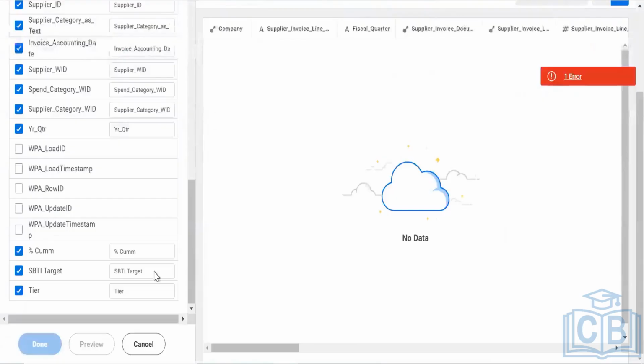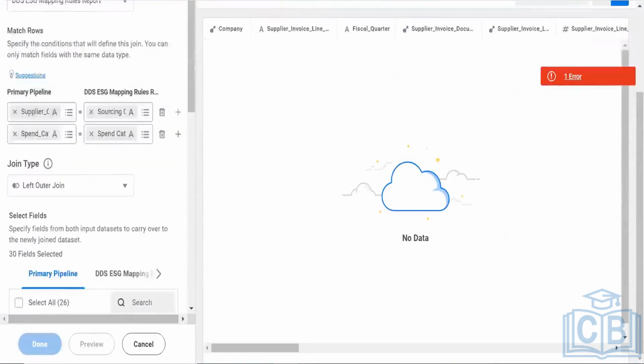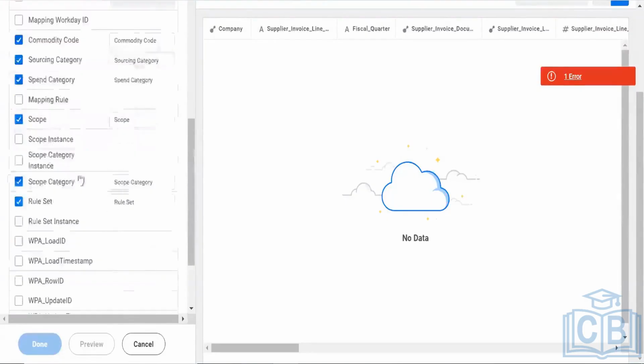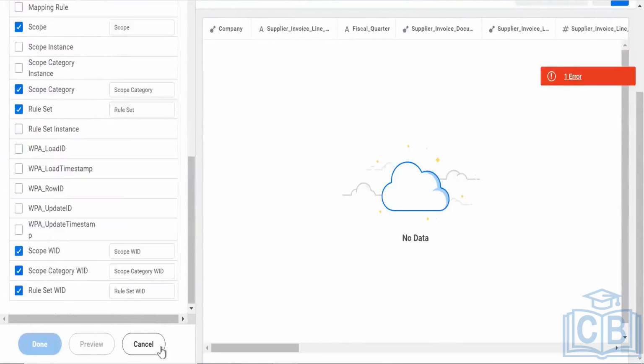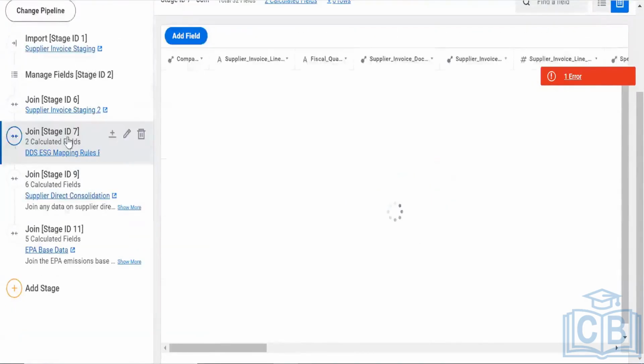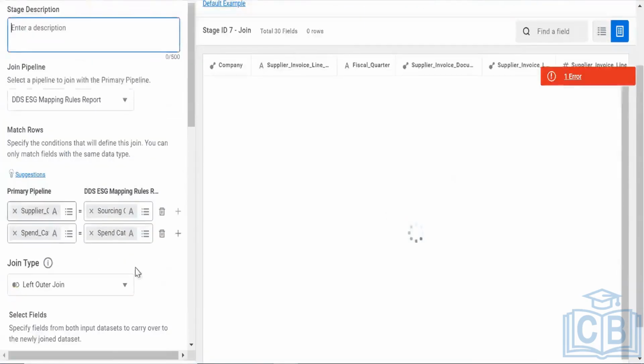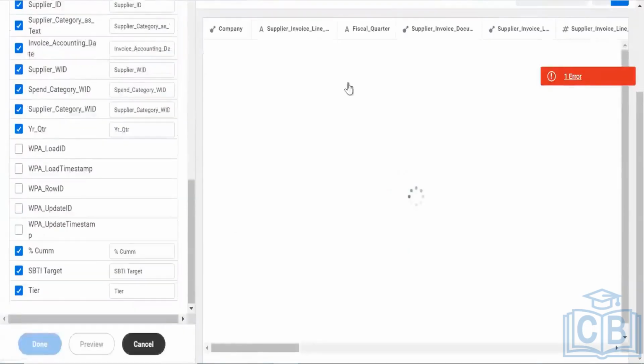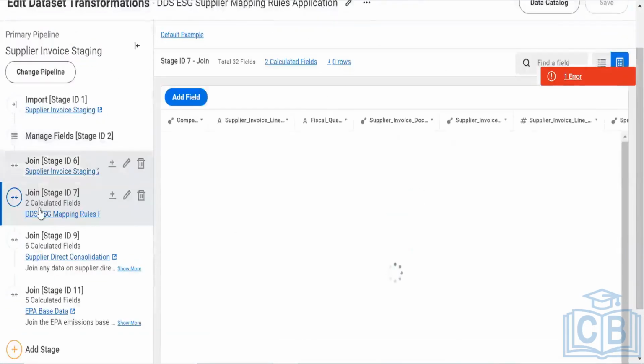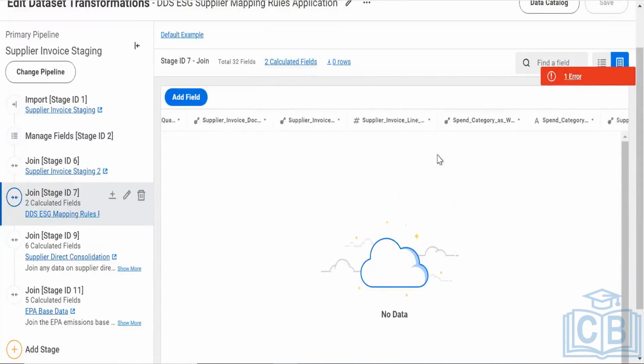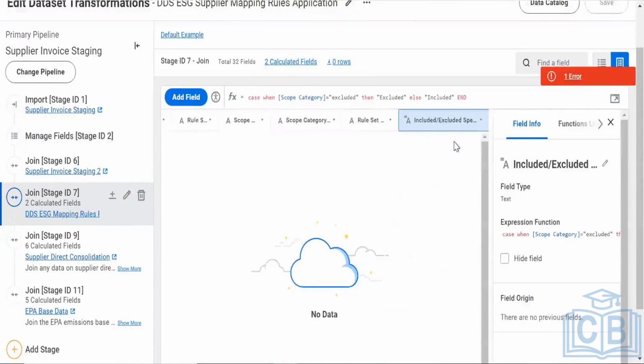Now you can see here also this join has been done, and here mapping also they have imported these particular fields. Apart from it, I can see two calculated fields that have been created, which weren't available. When any calc field is created, it will automatically show here that two calc fields are created, and here also I can see the two calc fields. If I'm not able to scroll over here, then I can click on it and again click here, and it will automatically scroll over here.